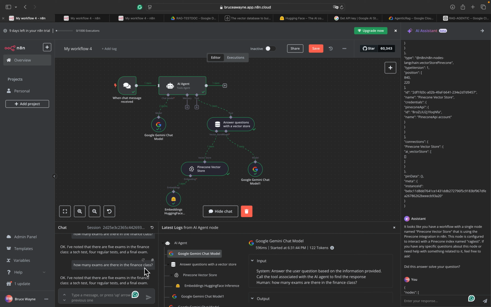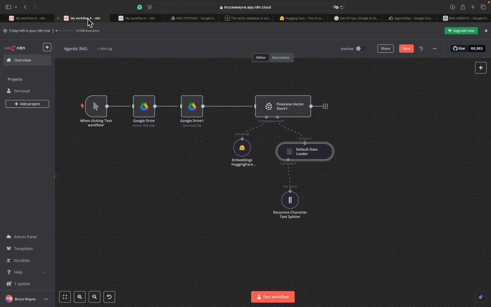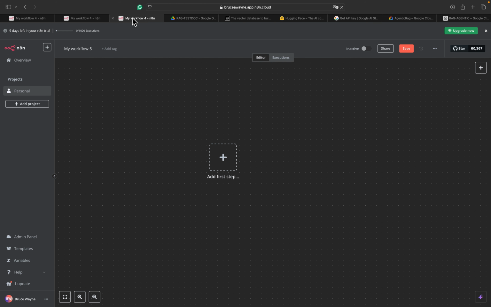So very simple workflow, and it's completely free, and it doesn't require any code, and you can do it in maybe less than 10 minutes if you do what I tell you to do. So with that being said, let's create this retrieval augmented generation. So first of all,